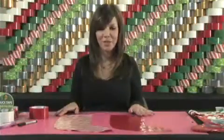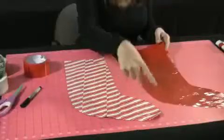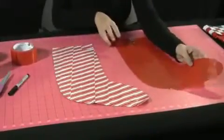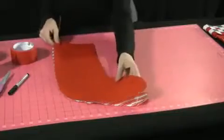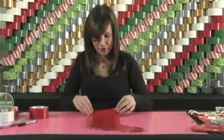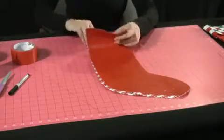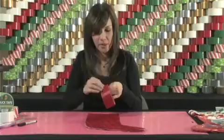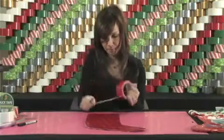Once you have your completed fabric, as you can see I've already traced and then cut out the two stockings. I use the same template for both, so you can just put them on top of each other. The first step, what I'd like to do actually is clean up the top part of where I cut. It's just a little jagged, and the easiest way to do that is to take a piece of this red tape,